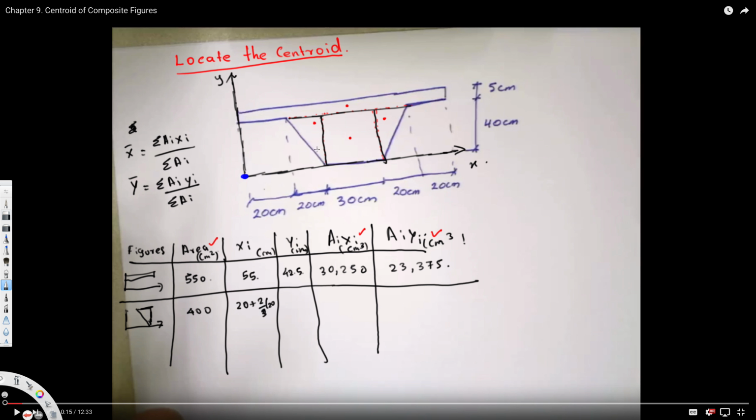Then the height is going to be 2/3 of 40, because it is 1/3 from here and 2/3 from here. So it's going to be 2/3 of 40. Then if I calculate AiXi, it's the multiplication of these two. This one comes out to be 33.3, and this one comes out to be 26.6. So if you multiply these two together, this will give us